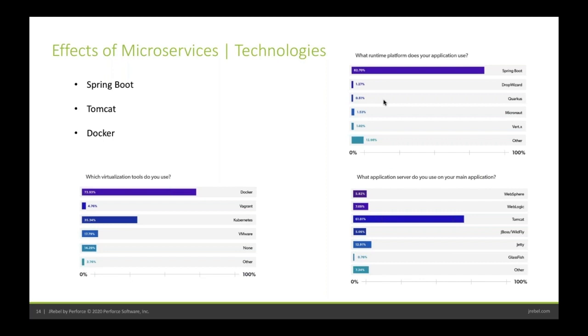These questions actually, none of them are specifically about microservices, but they all brought out all the major use cases for microservices, with obviously Kubernetes coming in very strong here on the virtualization tool. Now, I know people are out there complaining to me about this having Kubernetes as a virtualization tool. I understand Kubernetes is more than just a virtualization tool, but how many people are using it as a virtualization tool is really more of what this question is digging into. You know, we all understand that there are many other features that Kubernetes also provides and offers beyond just that specific functionality.